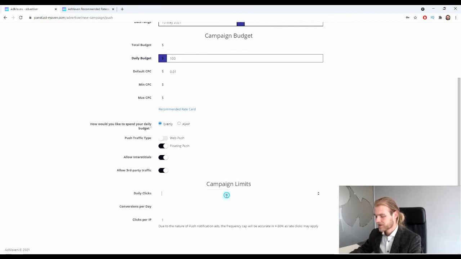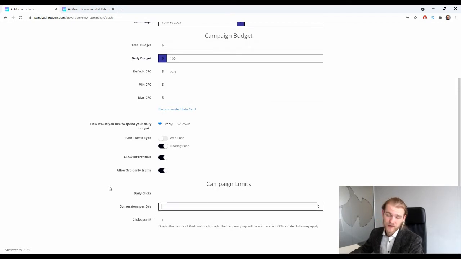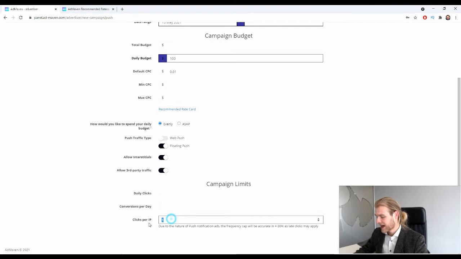Then we have the campaign limits, daily clicks, first of all, so you can set a limit for the amount of clicks that you receive, and the same for the conversions. This one is very useful if your offer has a conversion cap, because if your offer has a conversion cap, you want to enter it here so that when that cap has been reached for the day, it will stop spending your budget, because if you keep spending and you generate conversions, you're not getting paid for it, so it's a waste of money. So as soon as that conversions per day is hit, it will stop spending your budget, even though your daily budget might not be completely used. I'm gonna leave it empty. Clicks per IP address, I'm gonna make that into 2. All right, next up